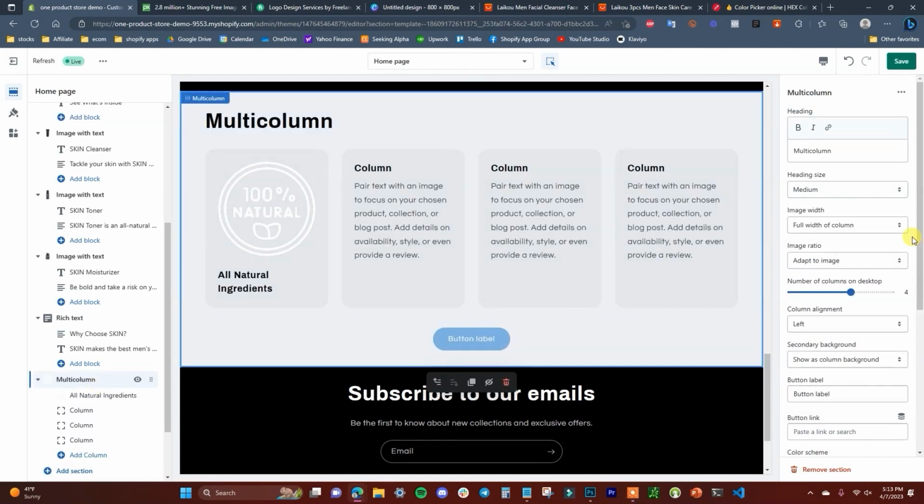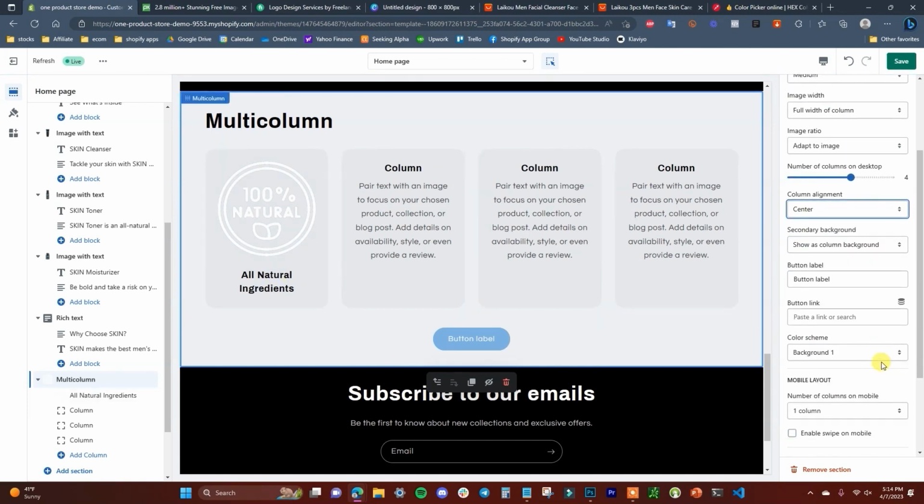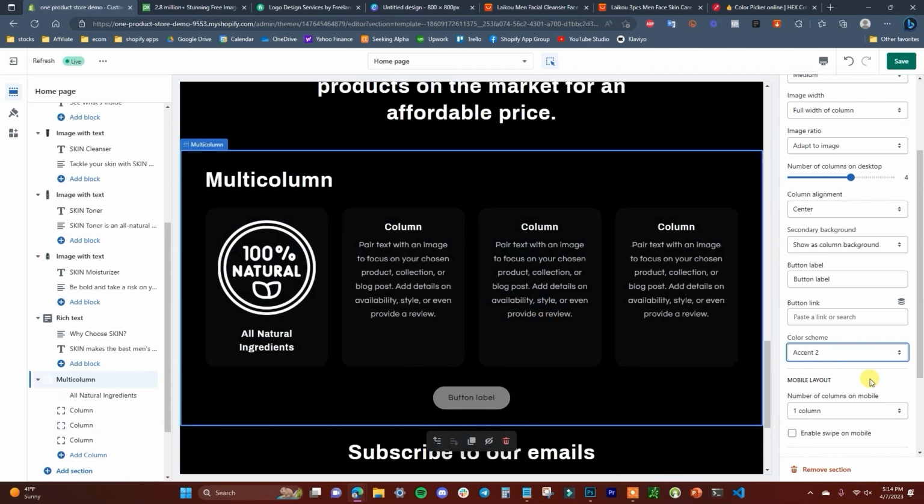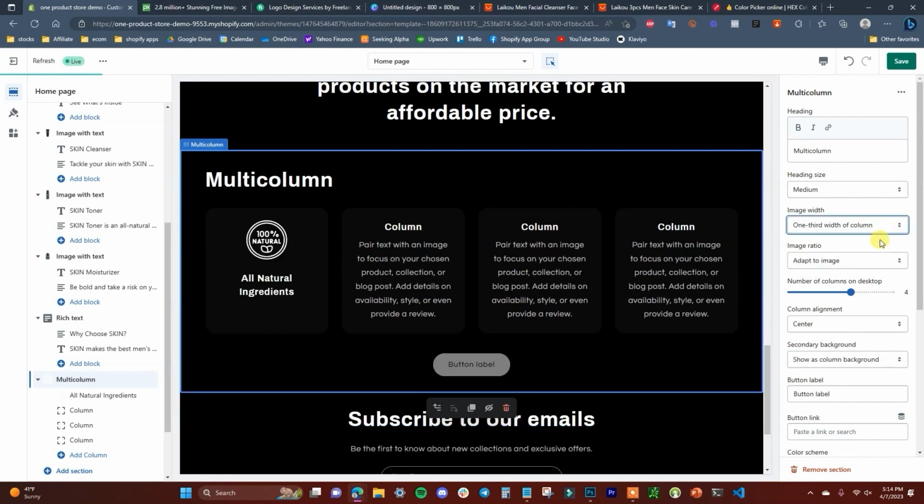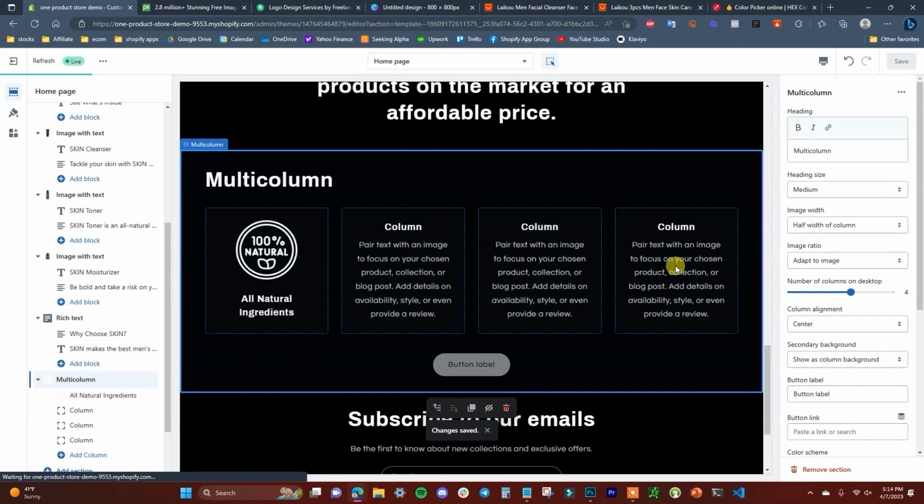I'm going to go back to the multi-column real quick and change some of these settings because we want this to look a little bit better. So first off, I'm going to change the column alignment to center, because that's going to look a little bit better. We're going to change this to accent 2. And we are going to change the image width to, let's see, half width, I think looks good right there. So we're going to click save on those settings, and now we're going to fill in these 3 other